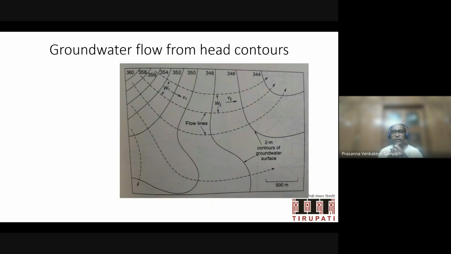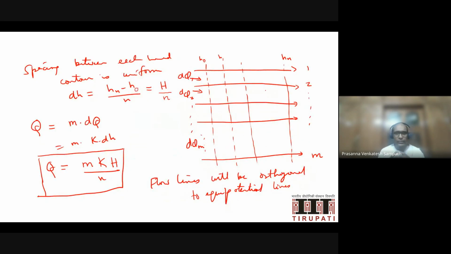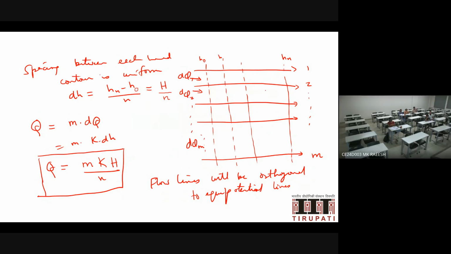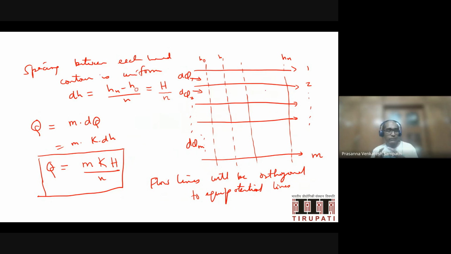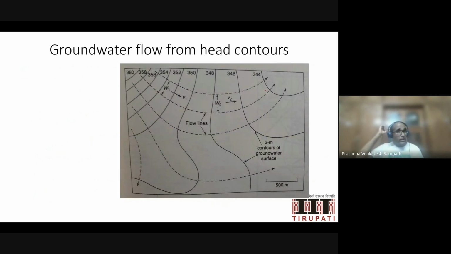Let's take a look at a slightly different scenario. Now the previous scenario, in such a way that the distance between every two successive head contours is the same. The distance between every two successive flow lines is the same. So it's a square flow net basically. If I have a square flow net, I have this very simple illustration. But suppose I don't have a square flow net. I have something that looks a little bit more